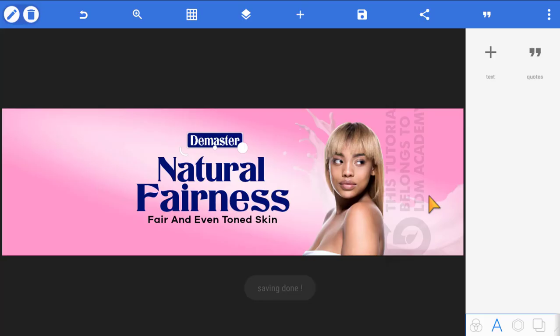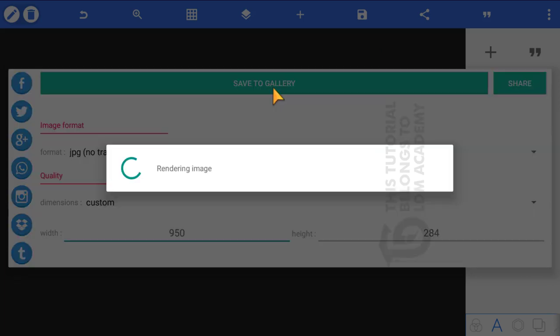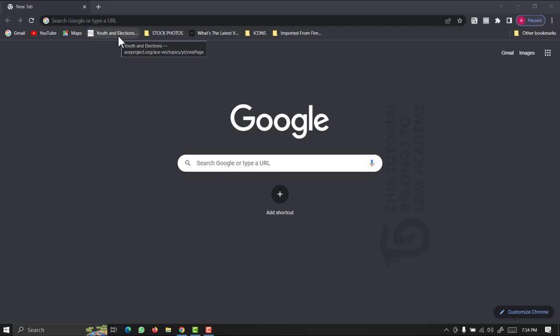All right, then let's save it as an image. So click on the save icon again, then save as image. The format type should be JPEG. Then you click on save to gallery. All right, so now that we are done with the first stage of our design, let's move on